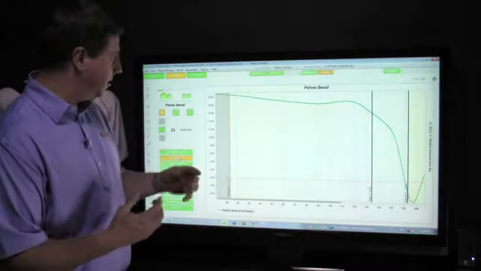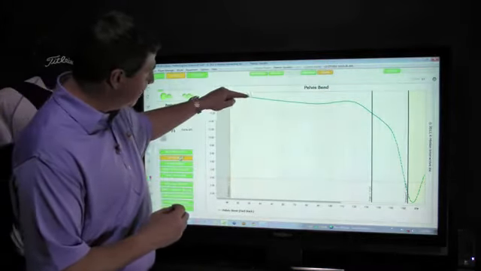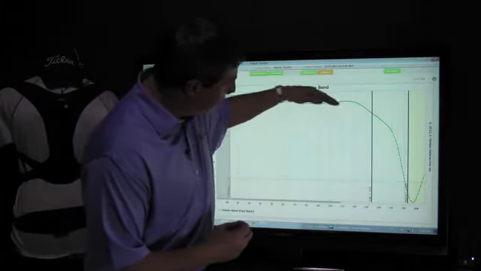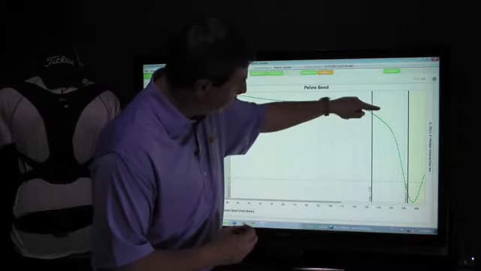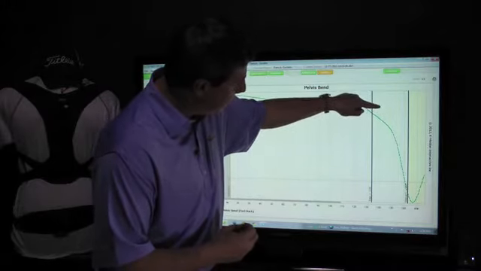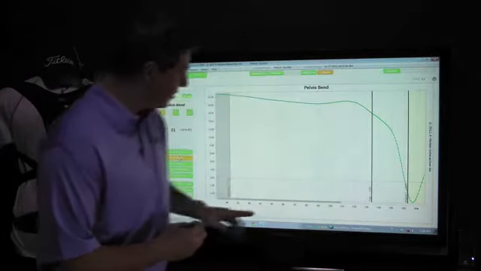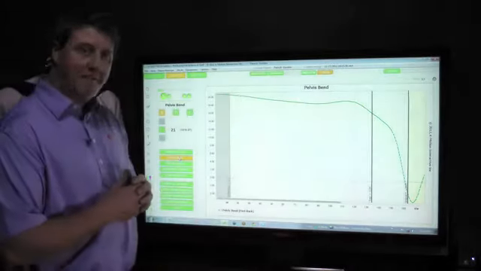Now that's really good. Now what we see is as this graph starts to go back, we'd actually like to see the graph come down. We'll actually see a little bit of a jump coming through the top area, and we'd like to see this graph finish slightly positive. So if we pull up an example graph here,